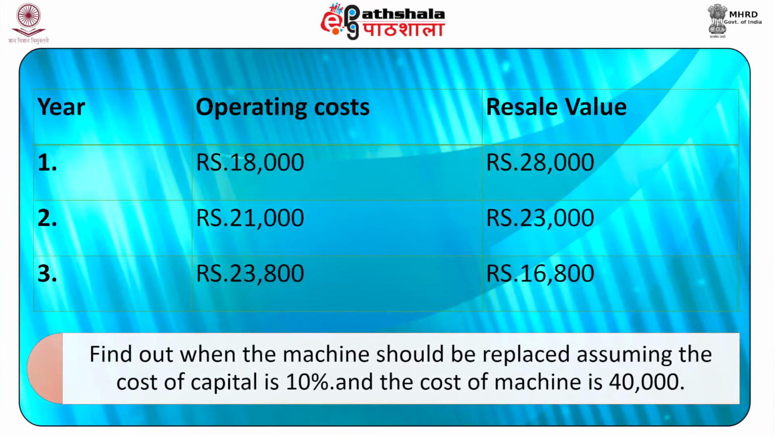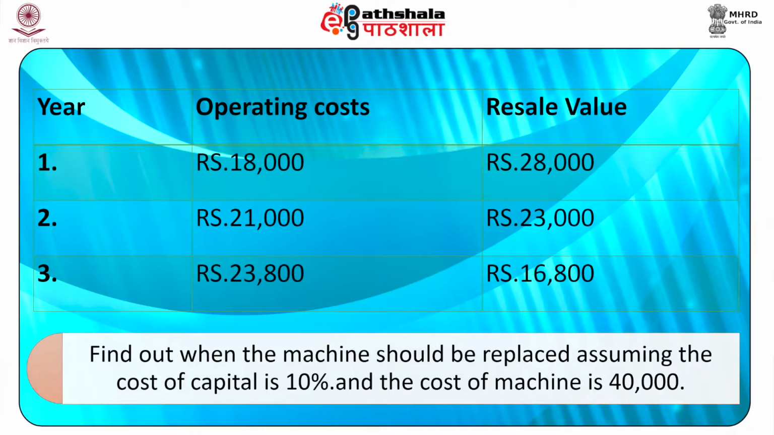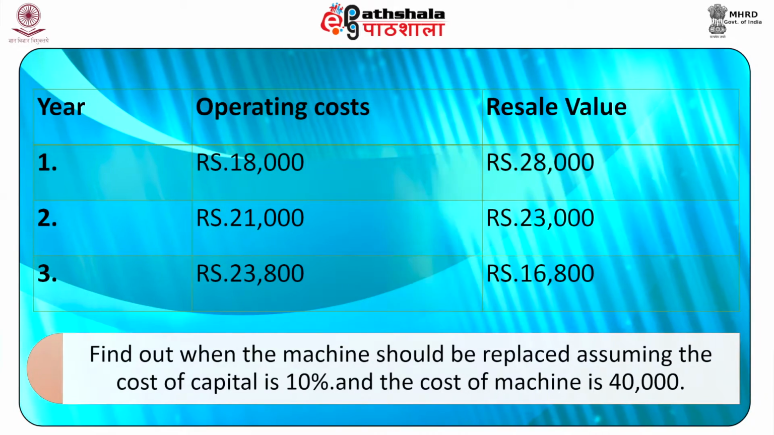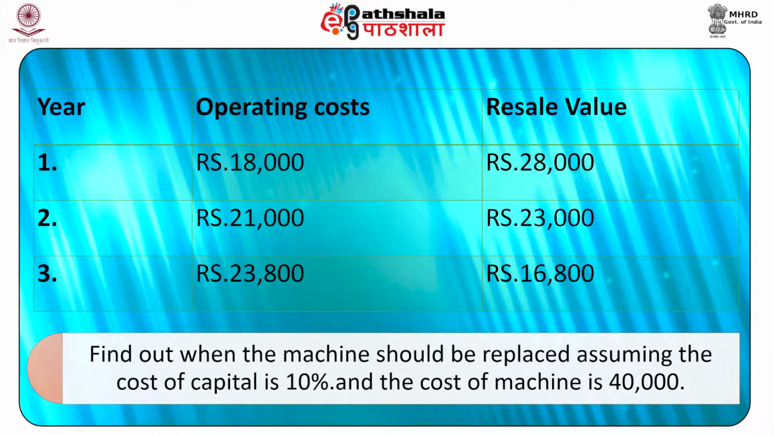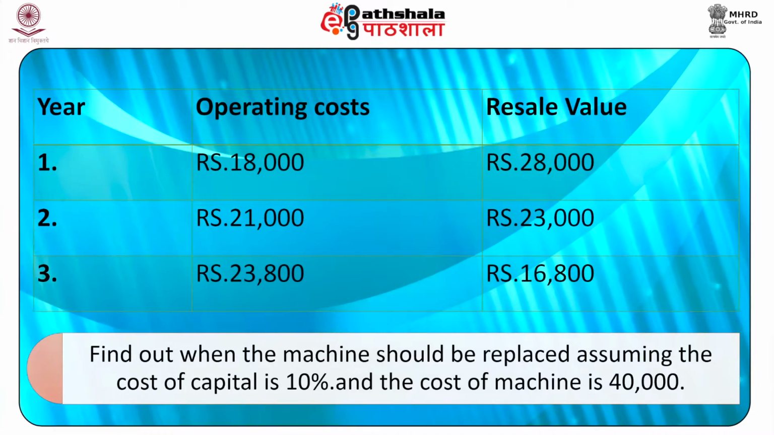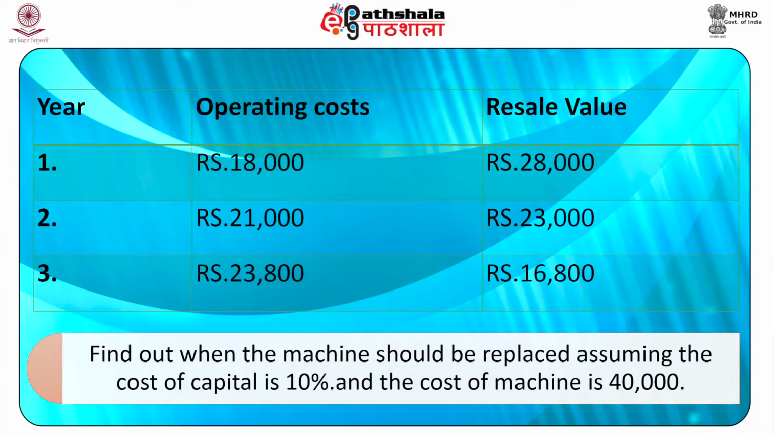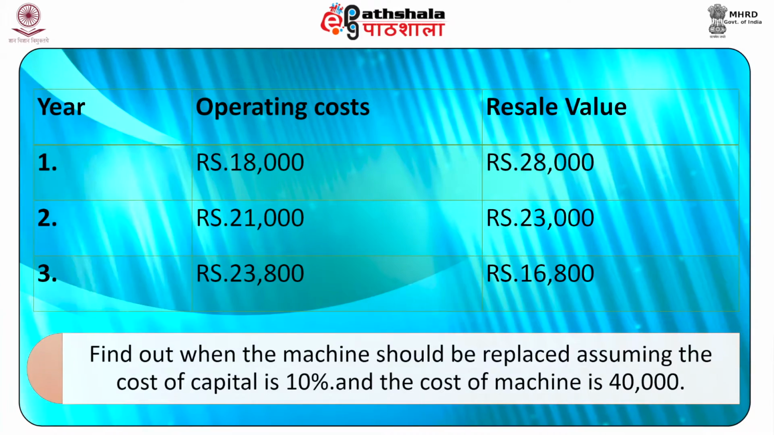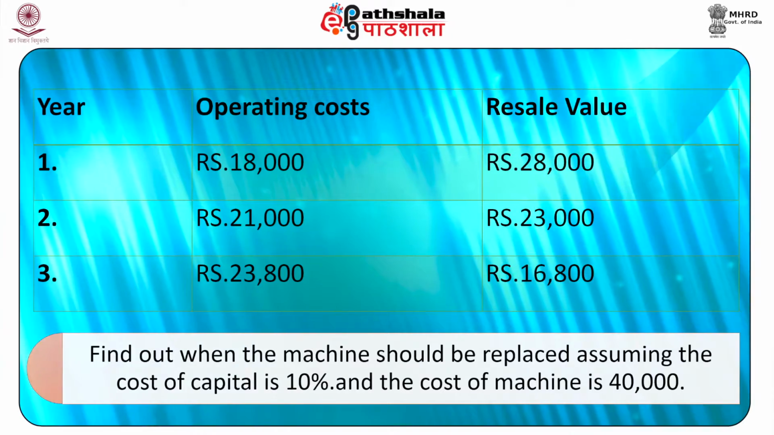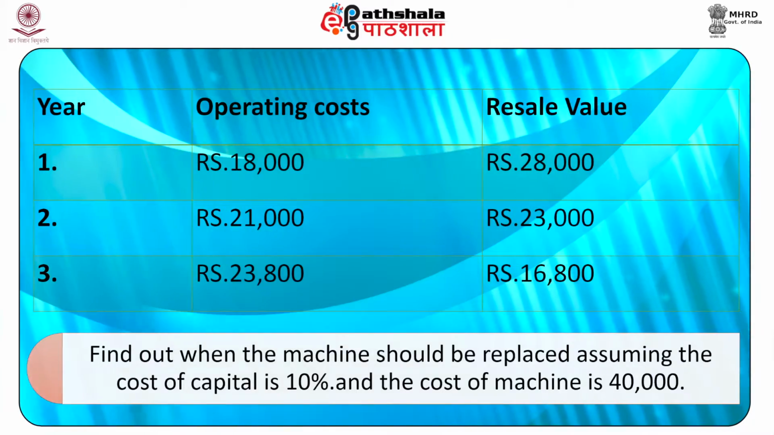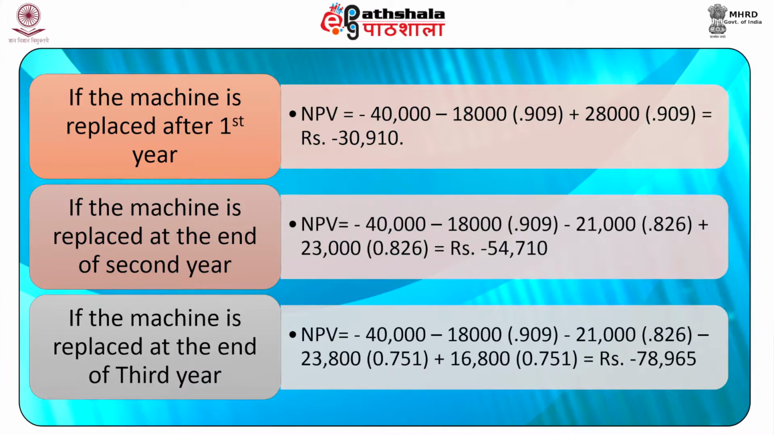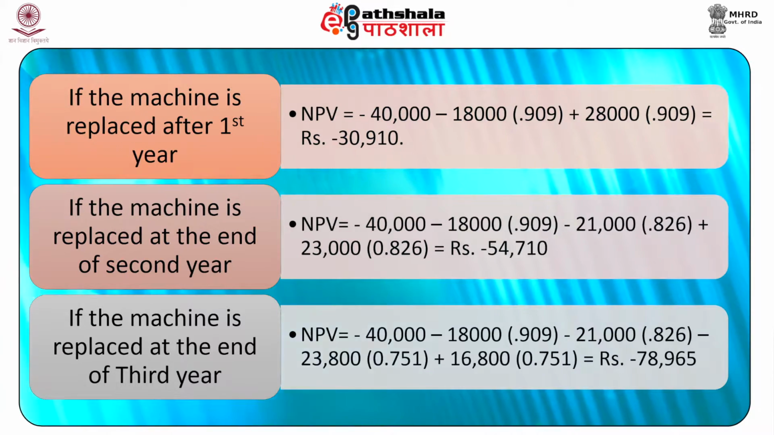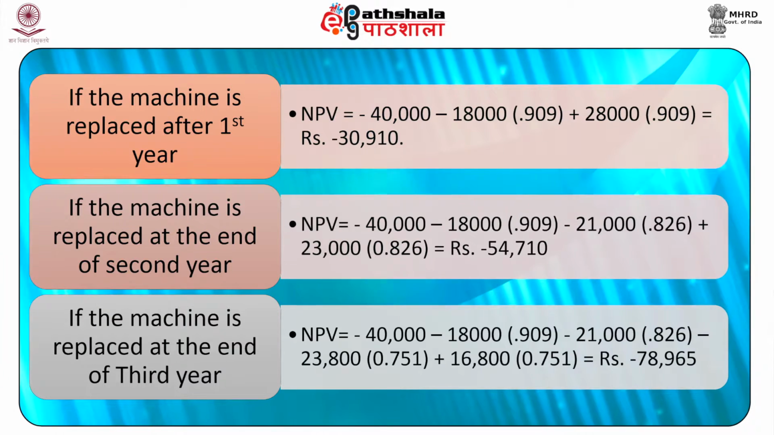WXY is a firm which is operating a machine that has a life of 3 years, and the operating cost for the 3 years as well as the resale value at the end of each of the 3 years is given here. Find out when the machine should be replaced, assuming the cost of capital is 10% and the cost of the machine is 40,000. The solution of this problem is that if the machine is replaced after the first year, the NPV will be